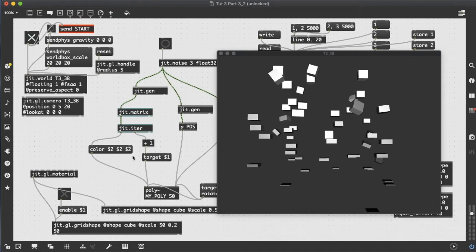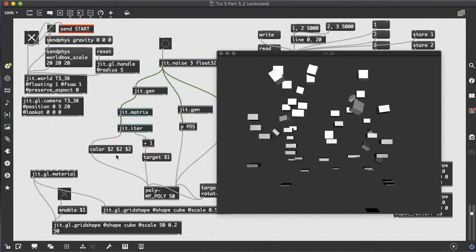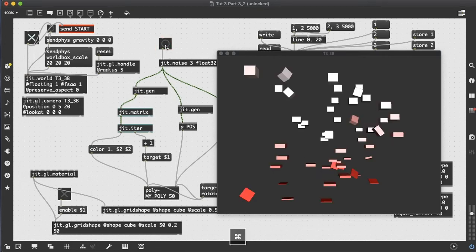We can also, instead of adding fixed values in our jit.gen, scale in the jit.gen and then do any fixed values right in the message. So we can say, all right, we always want red to be a fixed value of 1, but we're going to have our y position determine green and blue. And there we go, from red on the bottom, because y is 0, so we get no green and no blue, but we always get 1 of red. Red fading up to white at the top. So you see there's a tremendous amount of versatility here, even though we haven't looked at all of the features